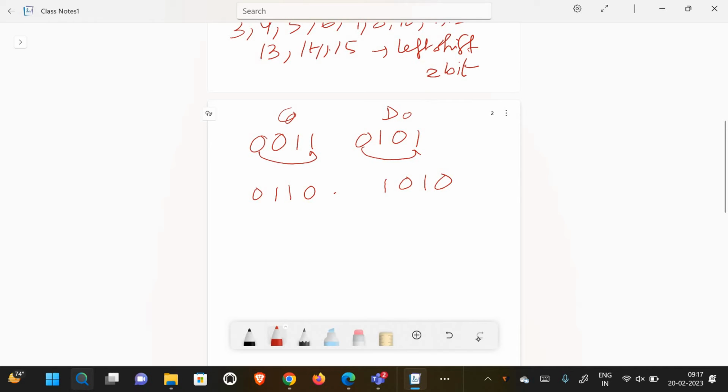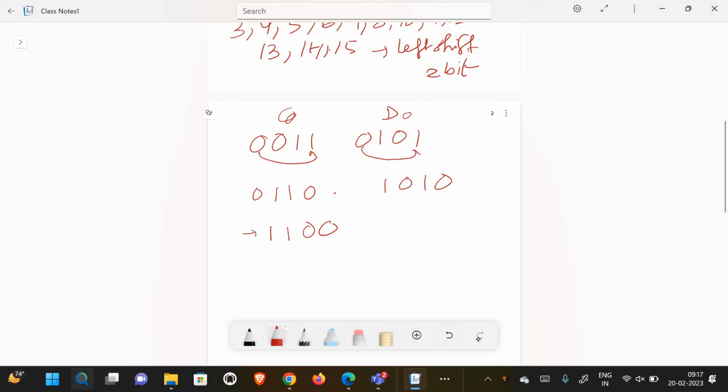Got it? So this will be my randomized key, still 8 bit data. After the C0 and the D0, the left and the right shift has been split. If this is the first round I'm talking about. But suppose the same thing, suppose it is happening like we have a data